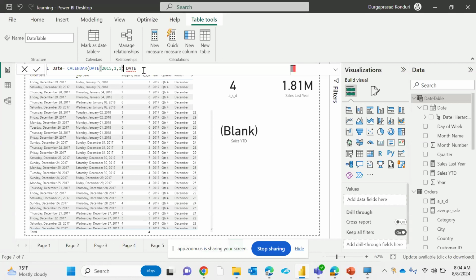Comma, DATE, open and close. In this I need to give the year. Here my data ends in February 2018, so I'll give 2018, comma, 02, comma, 28, close. So what do you mean by this? If I click okay,